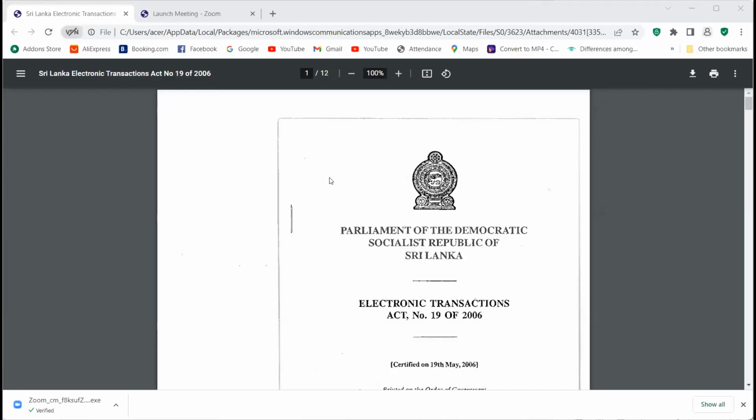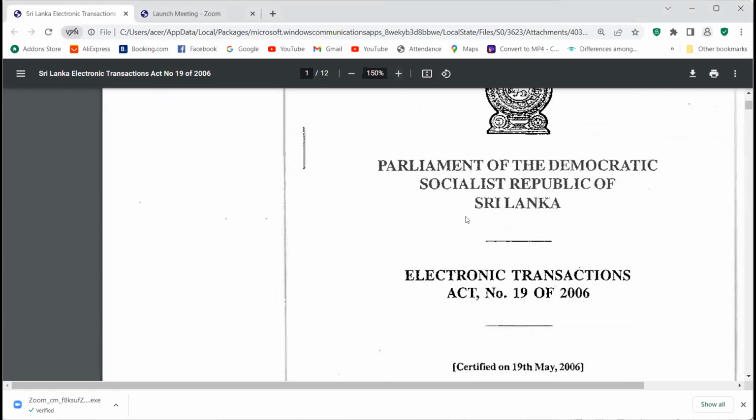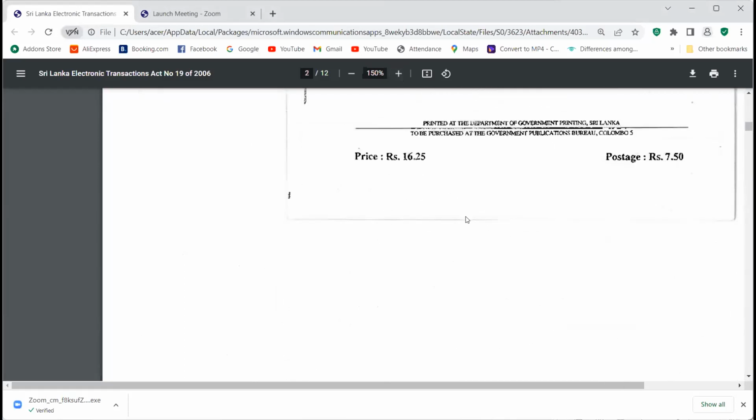This act is here. This is the act. I think you can see the act here. This is a very important one. I think everybody should be familiar with this. It said